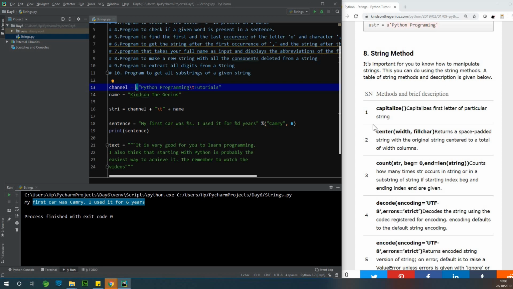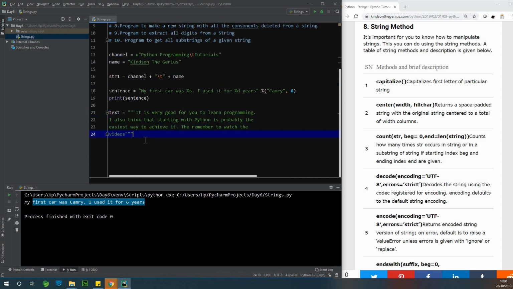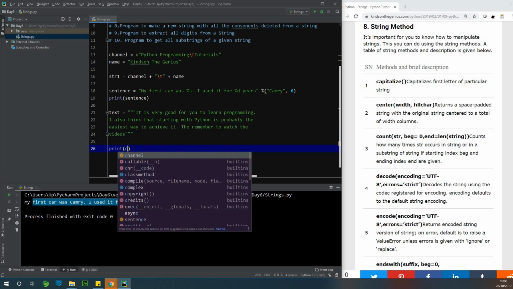Alright, so there are several string methods we are going to be talking about. Let's see if we can talk about a number of them. So let's scroll this way. The first one you know about is capitalize. So if I print capitalize